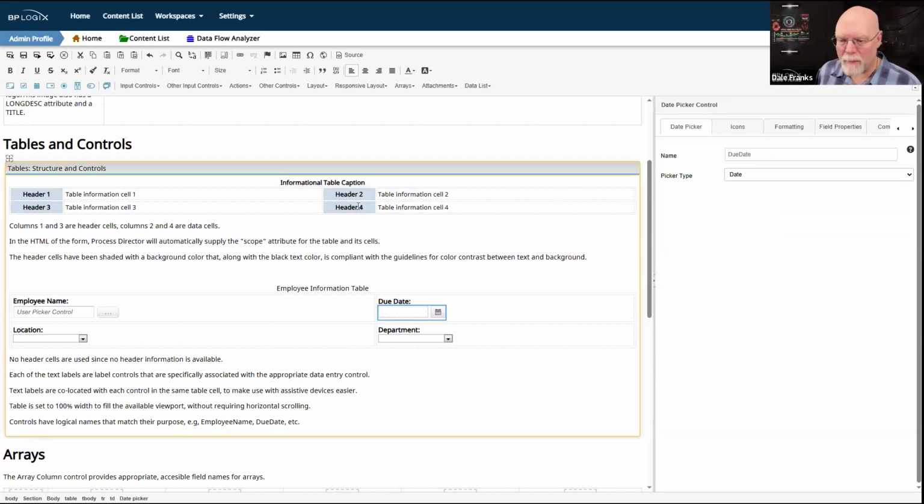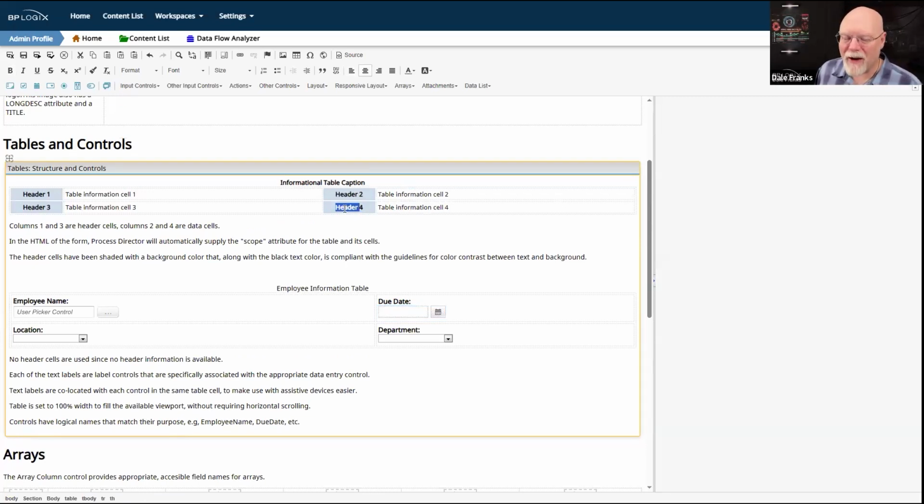And this is just one of the drawbacks of assistive devices. If I have a label in this cell, it wants the data control associated with that label to be in that cell. So even technically, while you have a label and you have a data input control, which we'll pretend this is, and the label is connected to the data input control, and in fact, if you were to click on the label, it would activate this data input control whenever the form was running, it's going to mess up assistive devices.